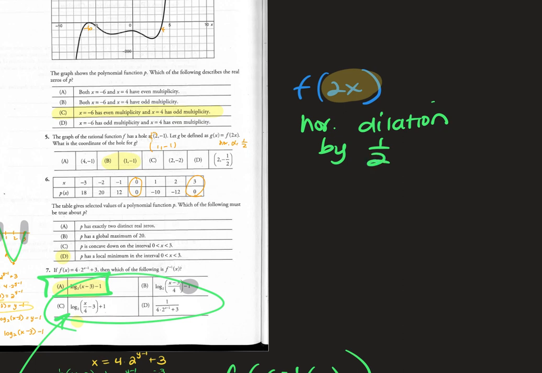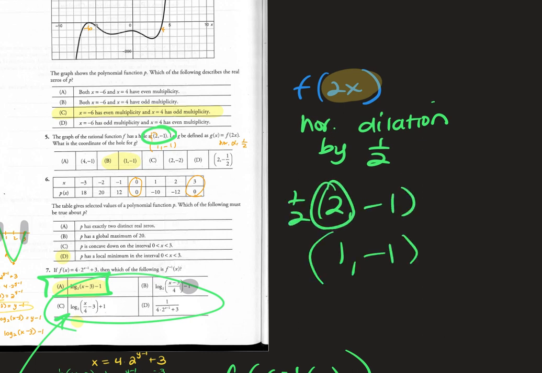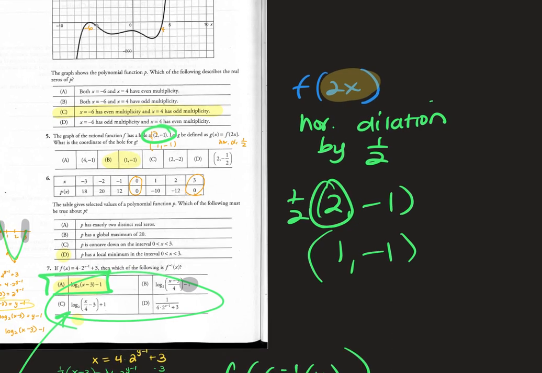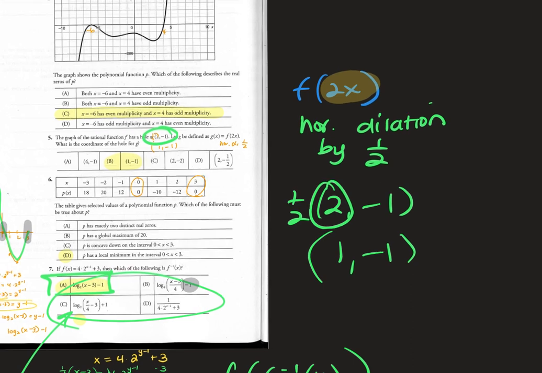And horizontal is x or y? X. So you take your x value, this was your coordinate point. You take your x value, multiply by a half. And that's where you get your updated coordinate. So I think that's a fair question. Like I said, some of them were weird. 7 was a little weird, but for the most part,